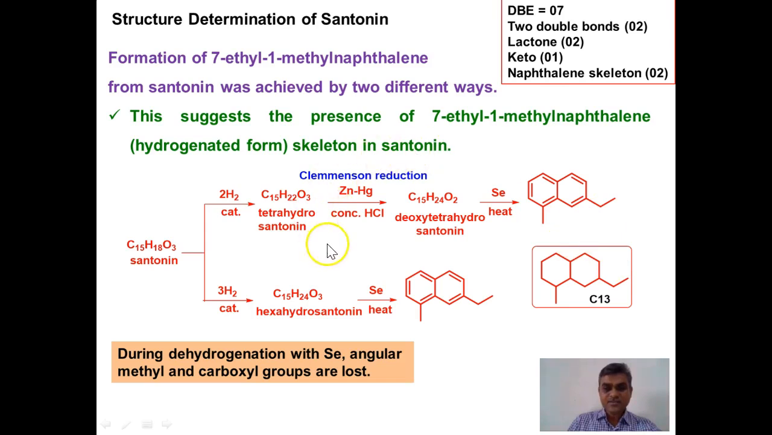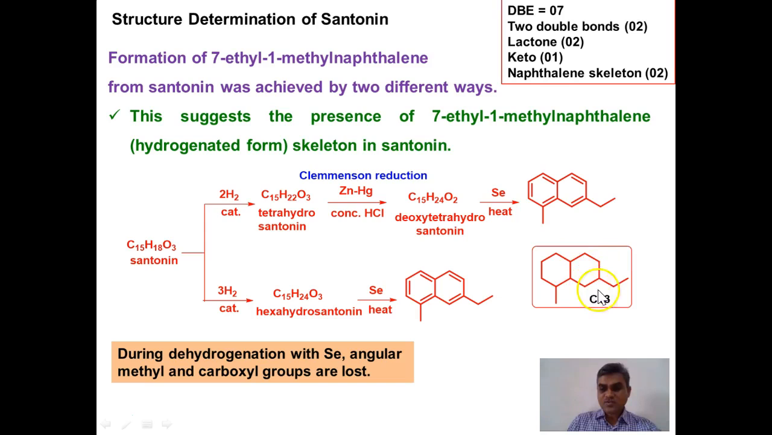So this experiment has proved that the santonin molecule has this structure, accounting for 13 carbon atoms, and 2 carbon atoms are still not accounted for here. Now, during selenium dehydrogenation, it is a well-known fact that the angular methyl groups as well as the carboxyl groups are lost. So, one carbon atom which is likely to be a part of the lactone moiety will be converted into carboxylic acid,